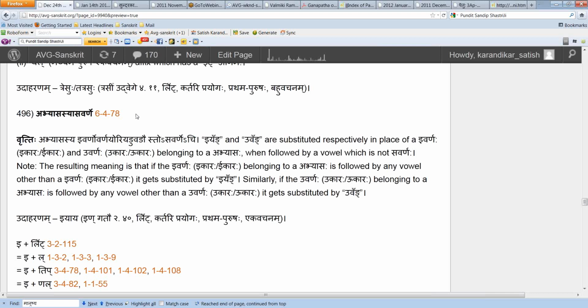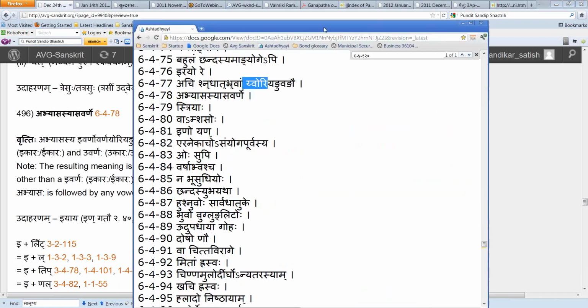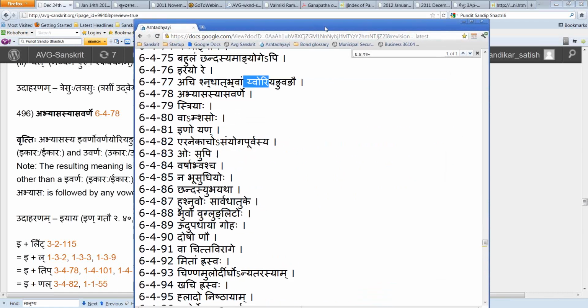If you have an I varana or U varana of abhyasa, which is followed by any other ach except the I varana, U varana respectively, then that I varana, U varana of the abhyasa takes the iyang or uvang adesha, again respectively. Now, as we said to you, when you think of doing any adesha, always think of this sutra chatushtayam, which is alontyasya, nitya, adesh parasya, anekashi sarvasya. That tells us where to put the